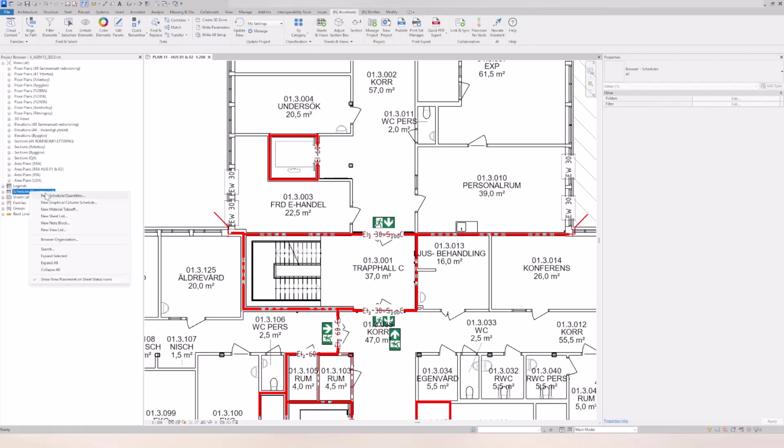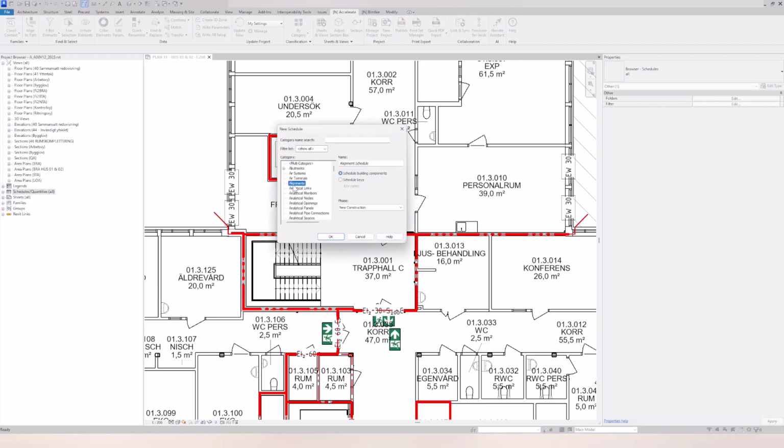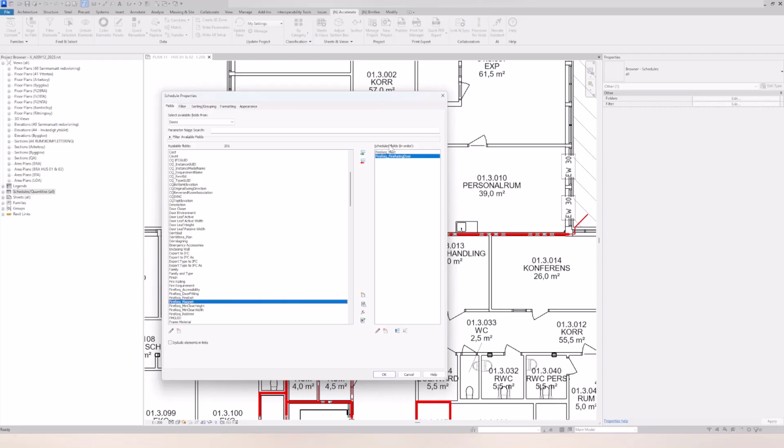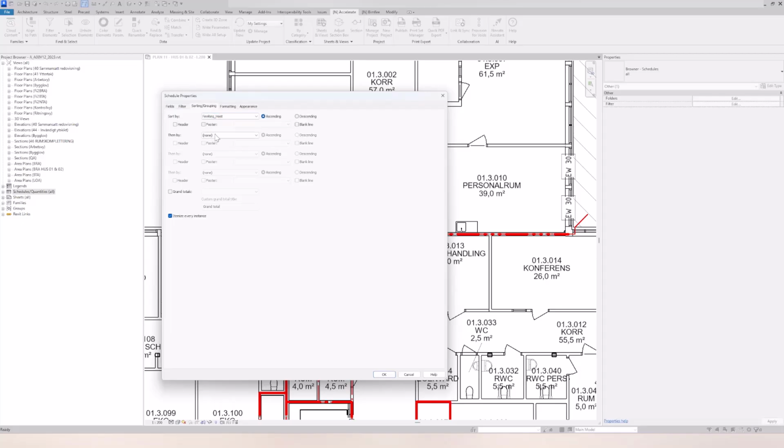If I now create a schedule for doors, door check for fire compartments, we can check if there is a value on the fire rec host and if there is none on the fire rating door. We will sort by host, then on door. Here, we only want to see if there is a door that has a dash on it. Because if it has a value, it will probably be something correct. But if I go here,